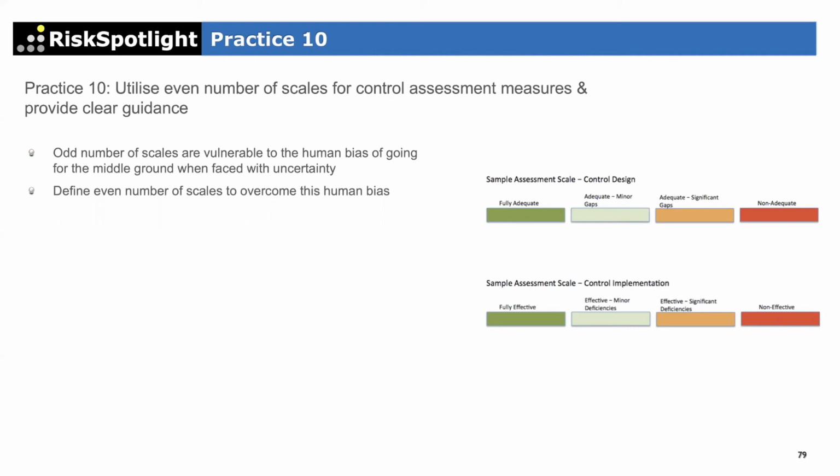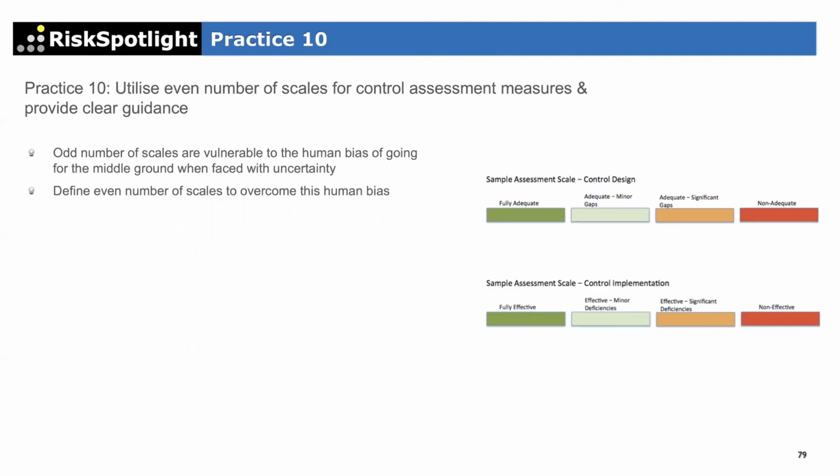And there is also sort of an incentive reason, because they may say, okay, if I say effective and I'm not really sure, but if something goes wrong, then the second line team will be on my case saying, oh, but you said this control was effective, so how did it fail 2 weeks after you did that assessment? That will be in the back of their mind, but they also will not want to mark it not effective, because if they say the control is not effective, then the second line will be on the case saying, oh, what are you doing? What are you doing to improve this control?